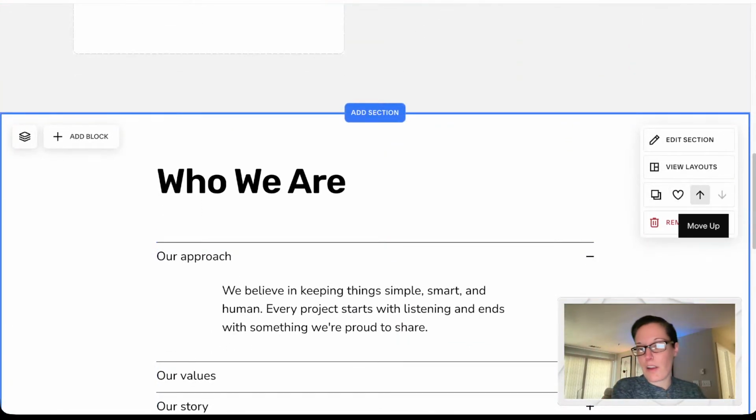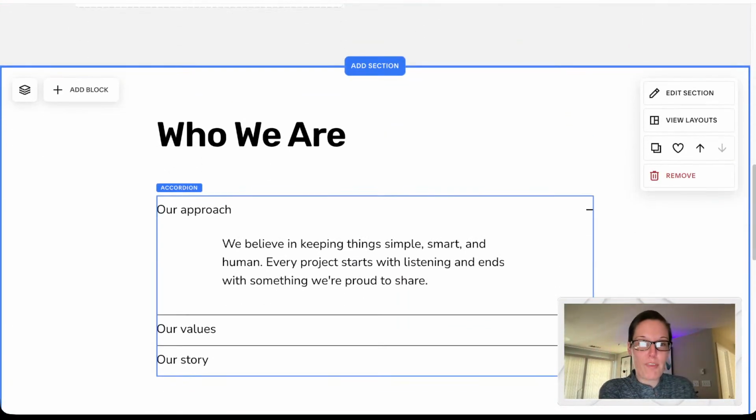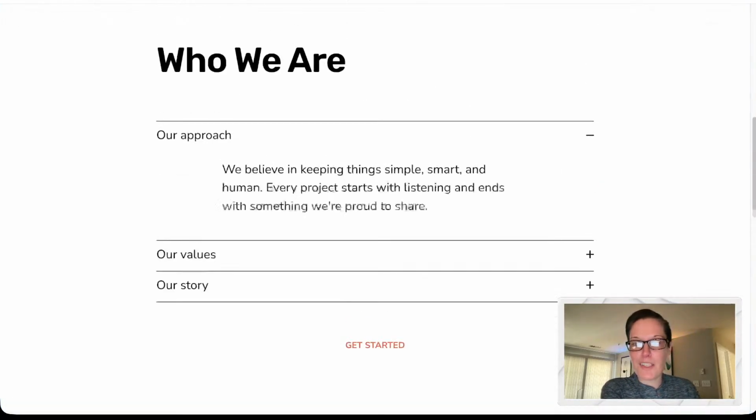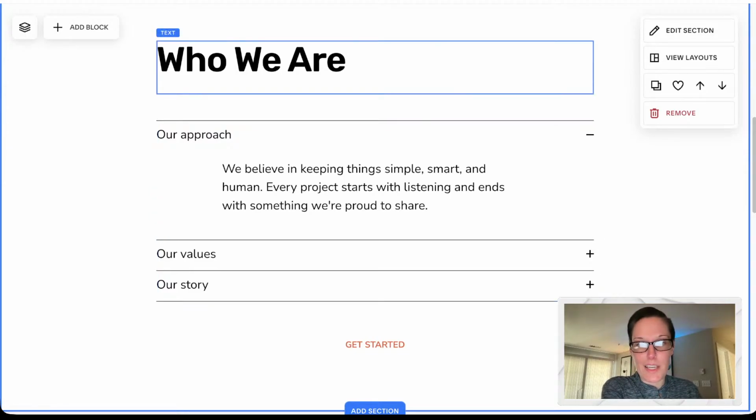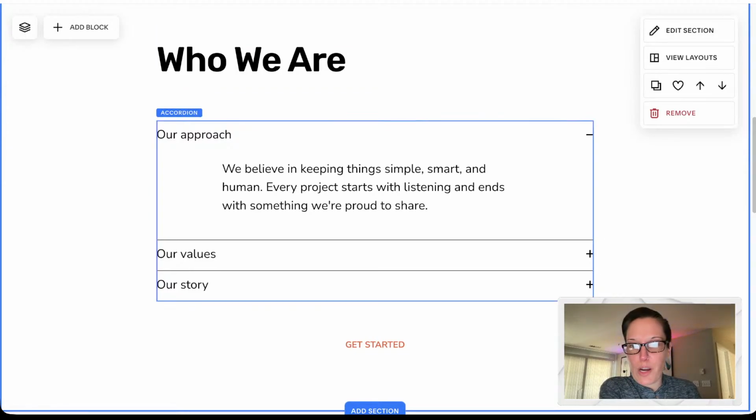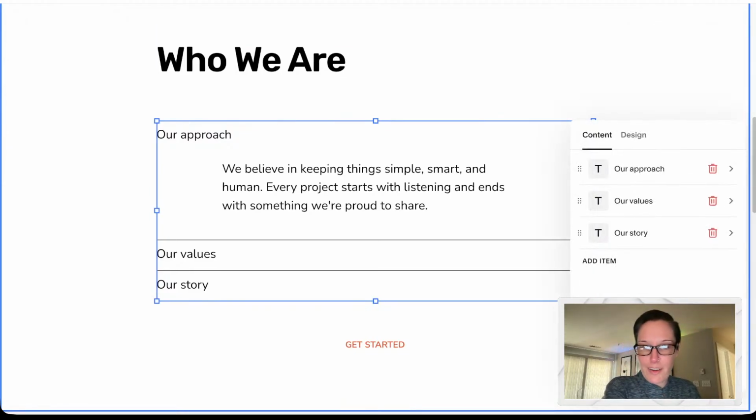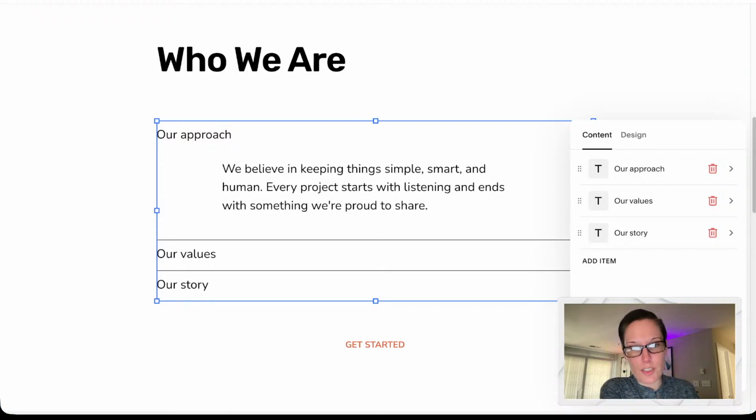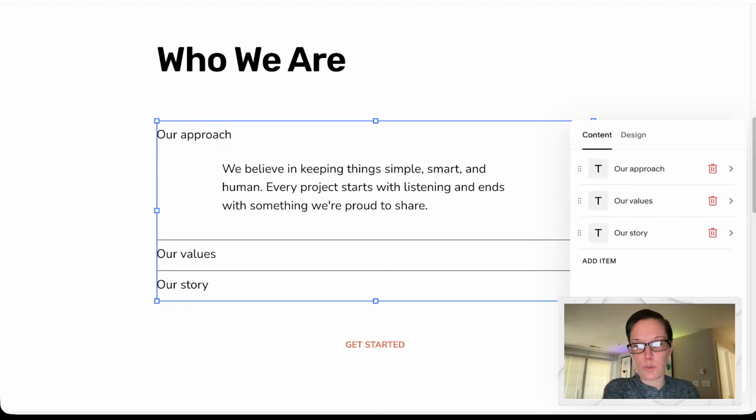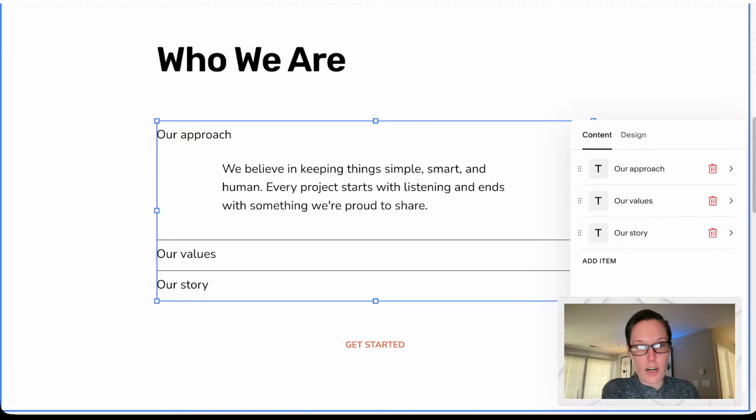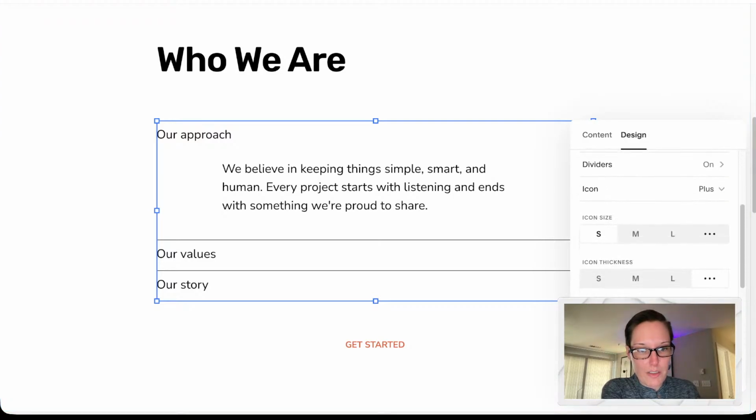If I decide, okay, I've added this section, but I want to move it up, I'm just gonna click the little up button here, bring it up, and then adjust my content as needed. Who we are works great. If you double click on the accordion, you can then change what content lives in there. So we have our approach, our values, our story. We've got our get started here,